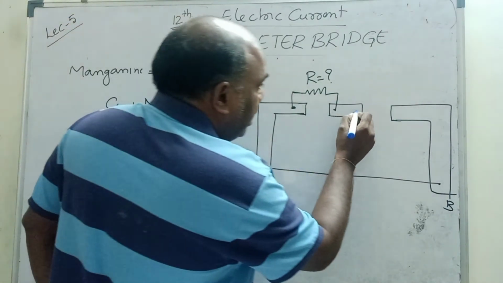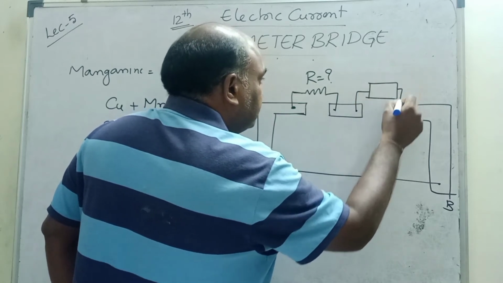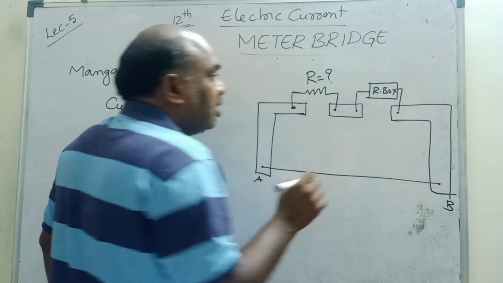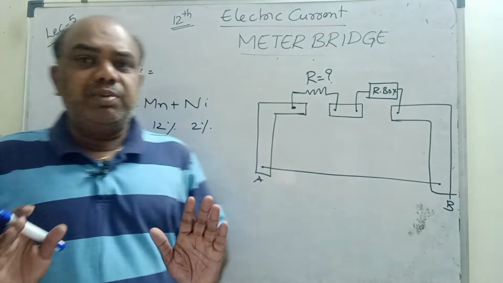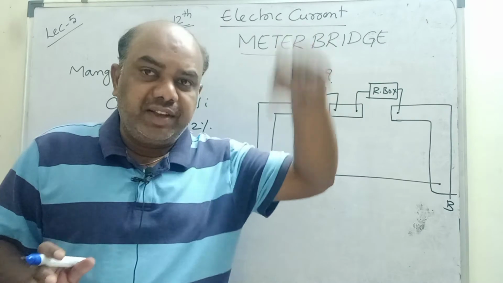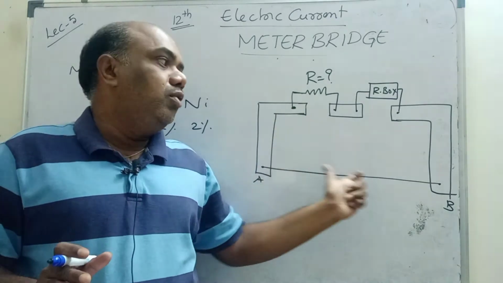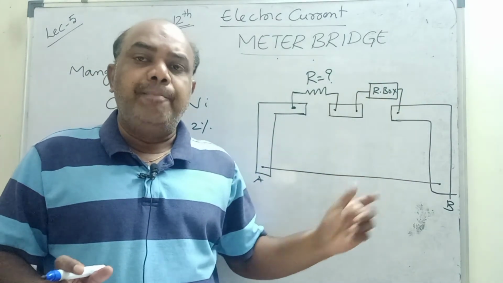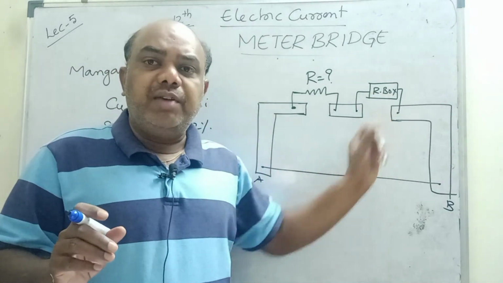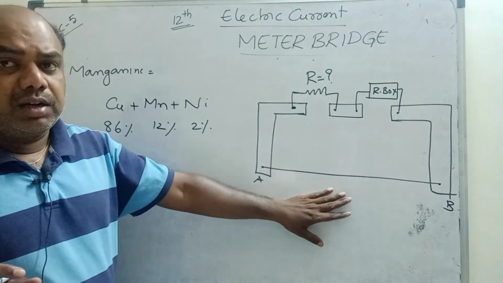Here, in these two terminals, I am going to attach one resistance box. What is the use of a resistance box? With the help of a resistance box, whatever resistance you want, that much resistance you can connect here. If you want a 5 ohm resistor, you insert the 5 ohm pin in this box, and you will get 5 ohm resistance in this circuit. How much ever resistance you want, we can send into the circuit with the help of the resistance box. Understand, children? This is the 1 meter length manganin or constantan wire.